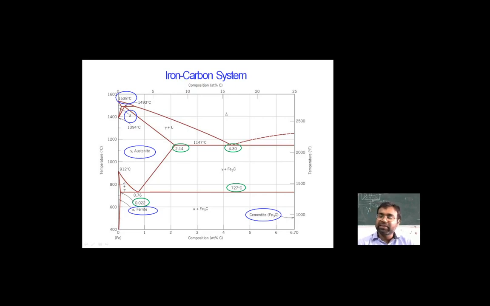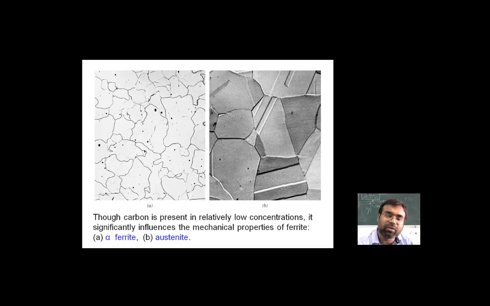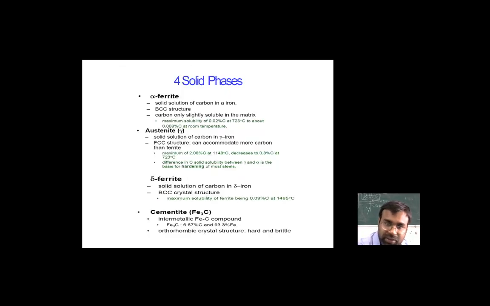Similarly, we talked about these particular structures. As you can see, this figure also shows how the BCC structure is converted into the gamma austenite, as the structure changes from BCC to FCC. So this concentration is basically related,